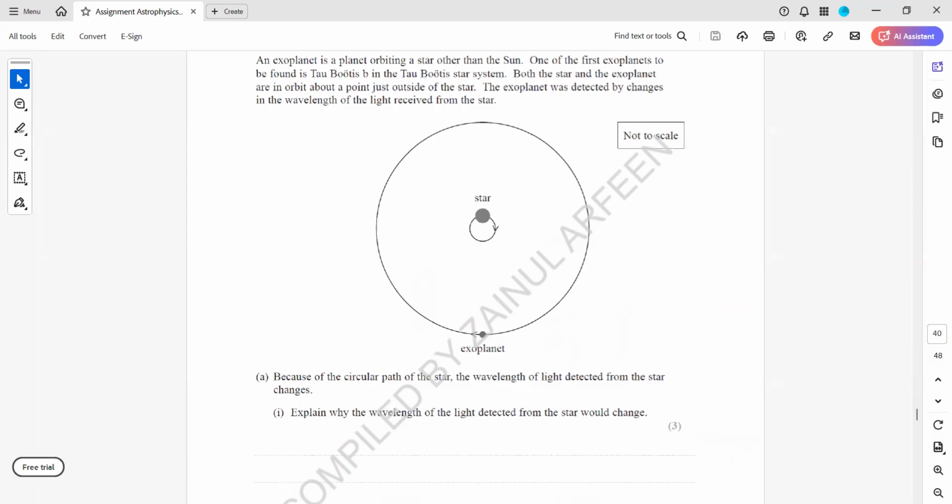So how can we determine this? It's the simple Doppler effect. What happens in the Doppler effect? As the star moves towards or away from the Earth, there will be a change in wavelength. When the star is moving towards the Earth, the wavelength appears to decrease and the frequency increases. And as the star is moving away from the Earth,